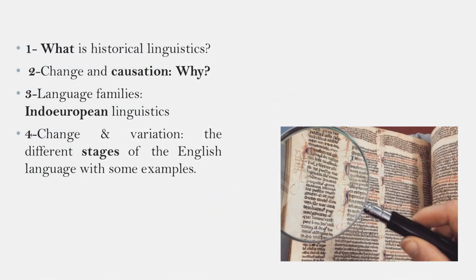Our little talk today is divided into 4 different sections. Number 1, what is historical linguistics and what are the main objectives of this discipline? Number 2, change is the basic notion to understand the evolution of a language and the reasons for these changes. Number 3, as language changes, it evolves into different stages that we classify as groups of languages, and we call them families. The mother of most of the languages spoken in our current Europe is called Indo-European, and the study of the origin and evolution of languages also receives the name of Indo-European linguistics.